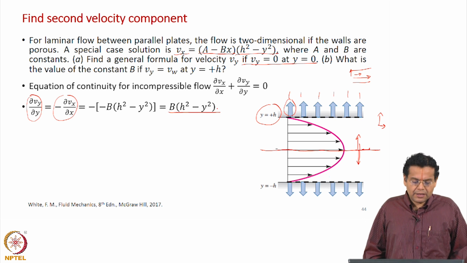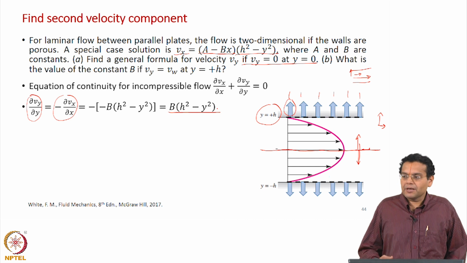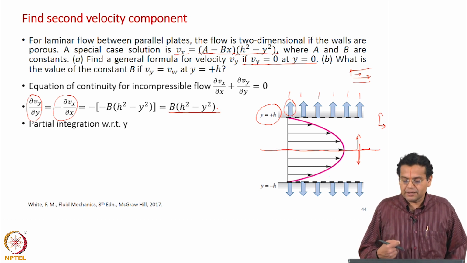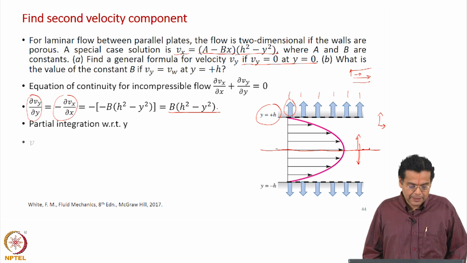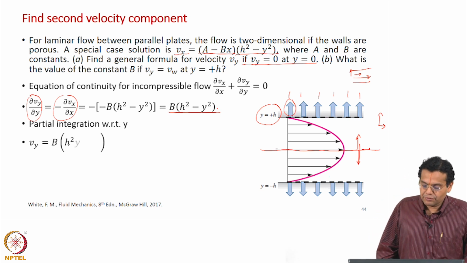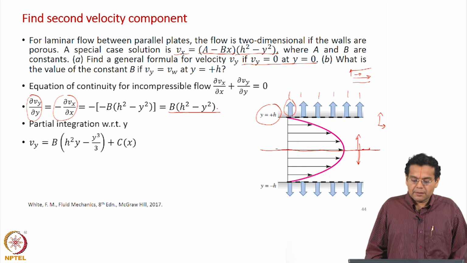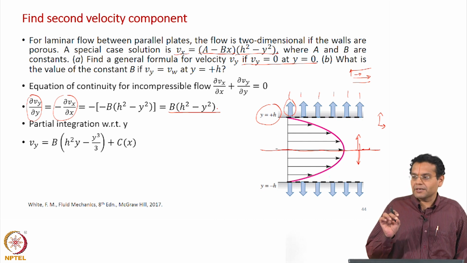Now, we have a partial differential for v y, we have to get v y, which means that we will have to integrate it. Now, it is not usual integration where we are given d v y by d y, but now we have dou v y by dou y, it is a partial differentiation, hence the integration is also partial. Let us see what is the implication of that. Okay. v y is equal to, we will integrate this h squared minus y squared, which is h squared y minus y cube by 3 plus, if it were usual integration d v y by d y, we would write a constant of integration c.